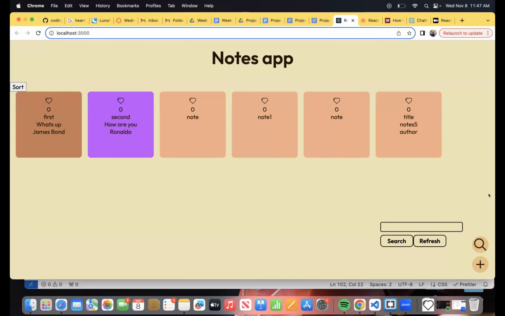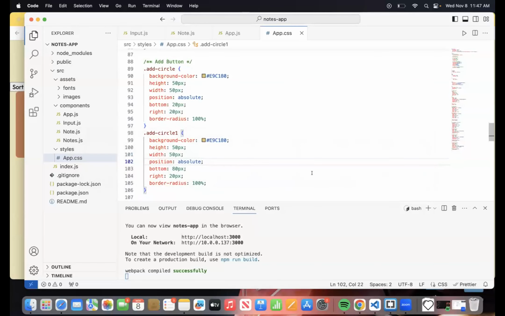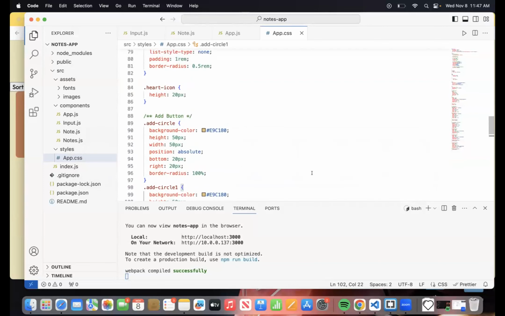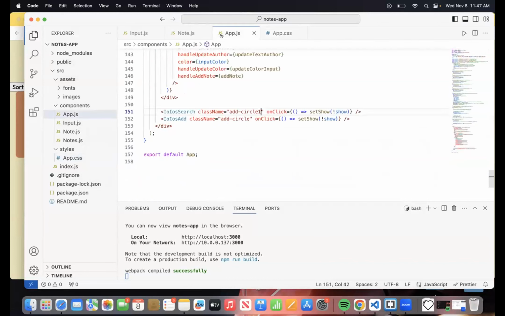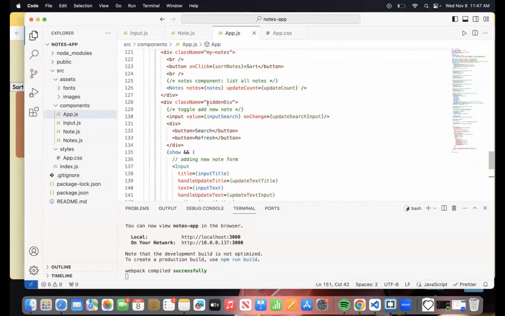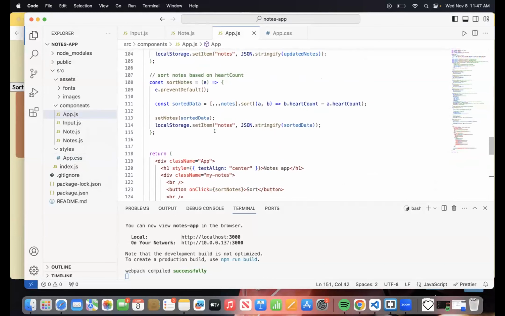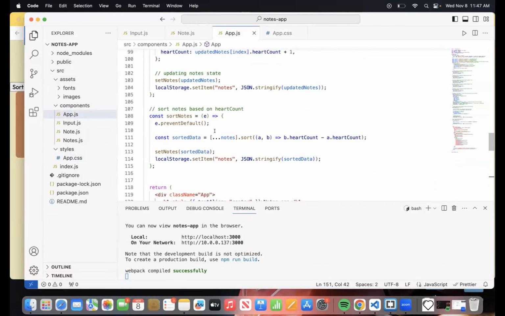So all that being done, let's actually add functionality to the search. So if you go to app.js, we can see that inside this, I think yesterday Yaman already did like a sort nodes thing.